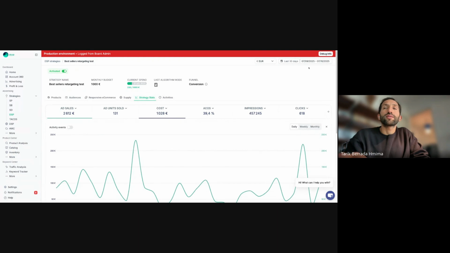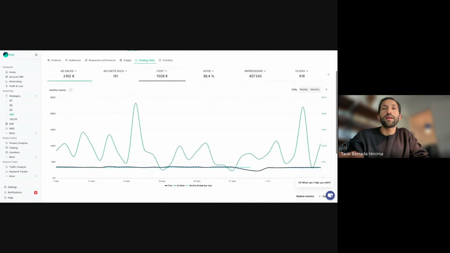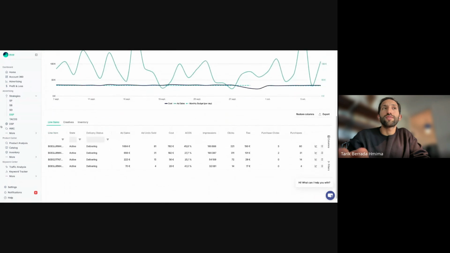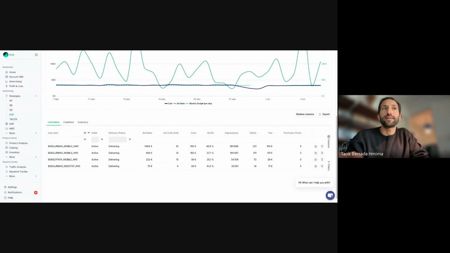We can check the stats for this strategy. So you can have the different ads APIs here. And you can also find, as I mentioned, the details. For example, here we are promoting these 2 products, like the 4S and 74. And you see per environment and per device type, there's 1 line item. So on this test strategy, it was only enabled on Amazon and on Amazon Publisher Direct.